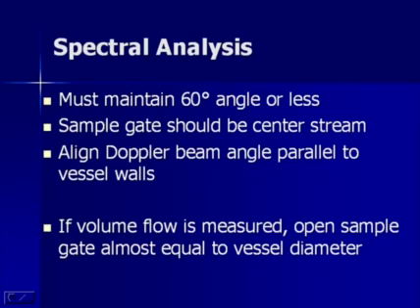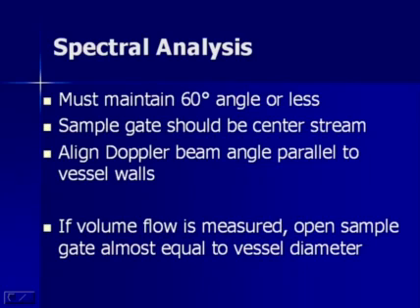We can always see the vessel wall, and that's probably a better thing to shoot for, particularly since color is average data and there's a lot of helical flow and different flow patterns. So the color really isn't truly representing all the various components of the flow profile. So let's just align to the vessel wall, and that'll be our gold standard. Now, if we measure volume flow, which I'll talk about a little later,